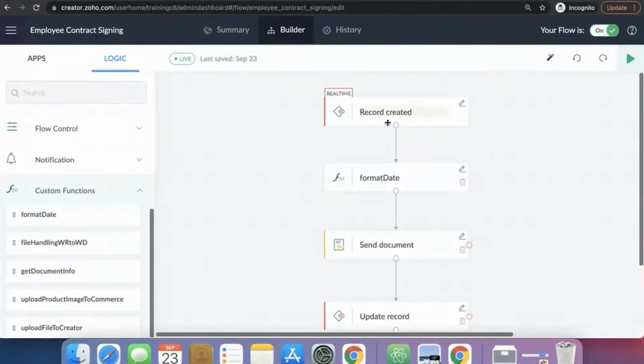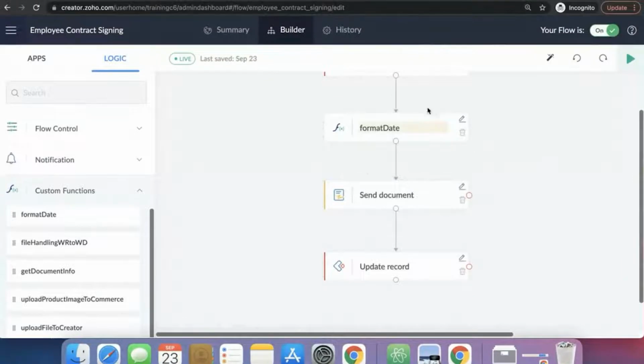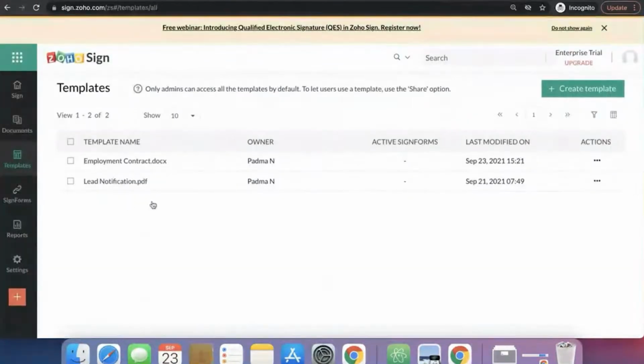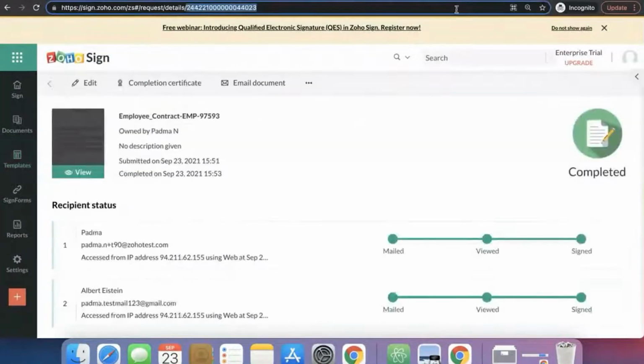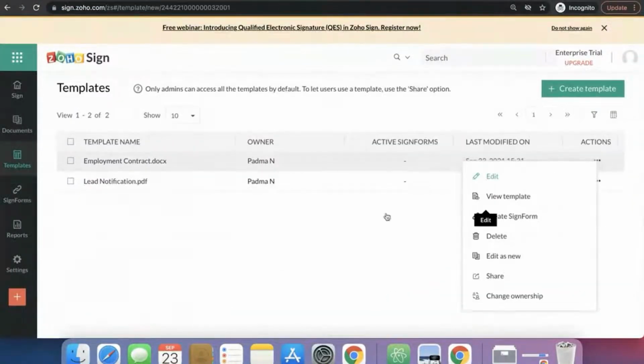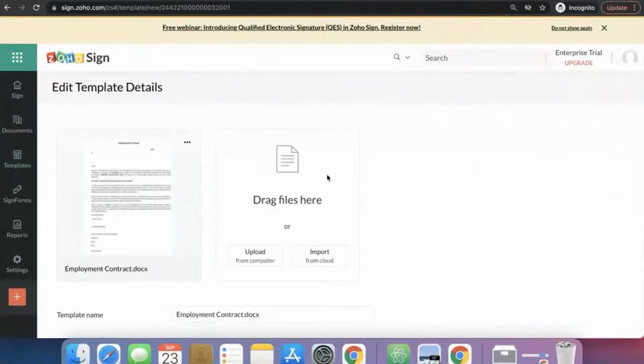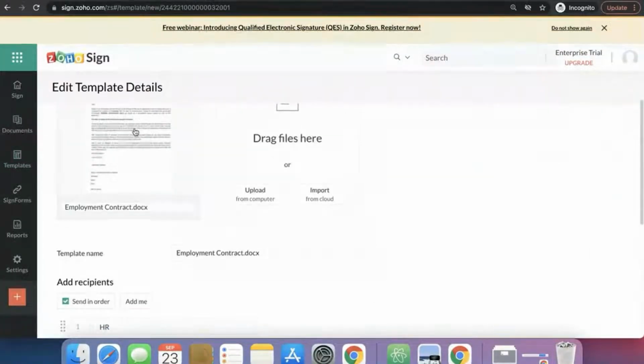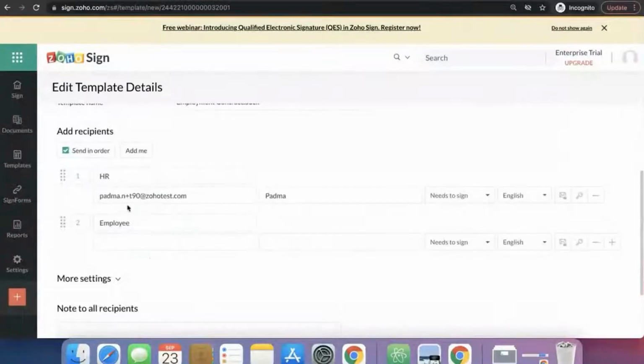As I said, entry into the record is the trigger. Then comes format date. Why do I do that? Let's get into the sign for the template. I've got the template open here. Okay, let me open it from here itself. So I have the employee contract template here, and I've defined